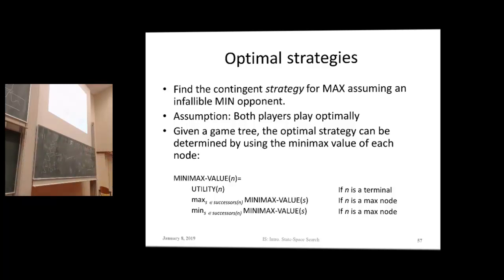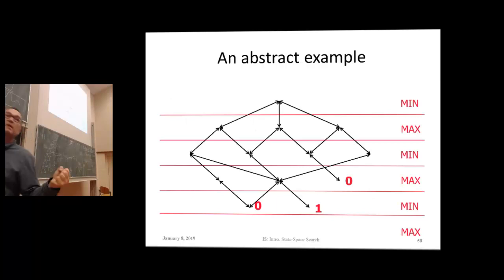Because then I have to assign this min-max value of S, of the successor, of all the successors. Basically, you choose the smallest value that you can enforce if you are... oh, there's a typo here. If it is Max playing, you choose the maximum value that you can enforce. And if you're Min playing, so this should be a min node here, then you give the smallest value, because that is the strategy that your opponent will play.